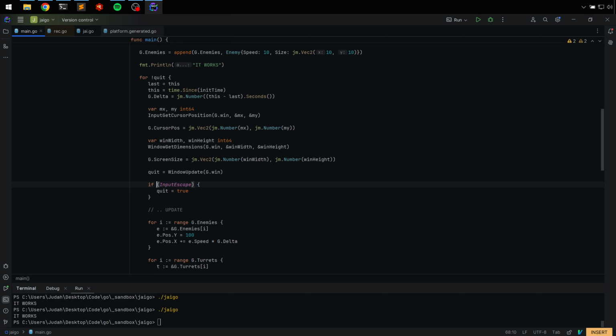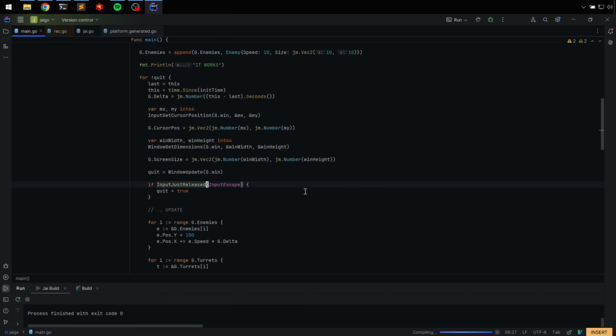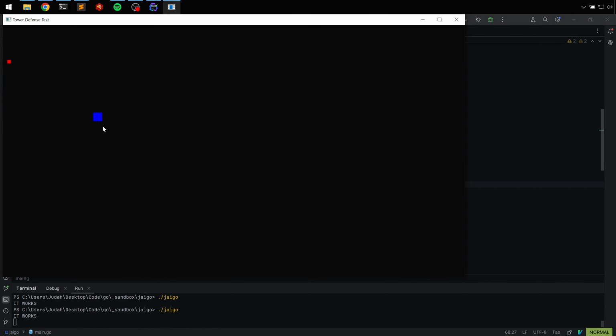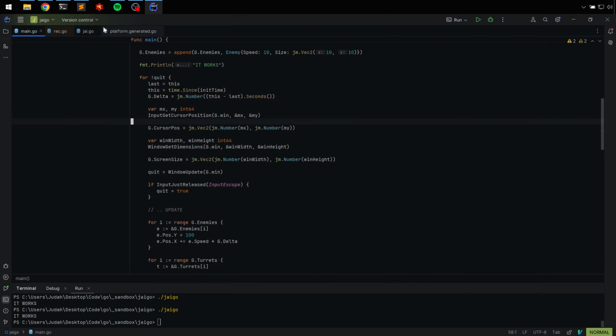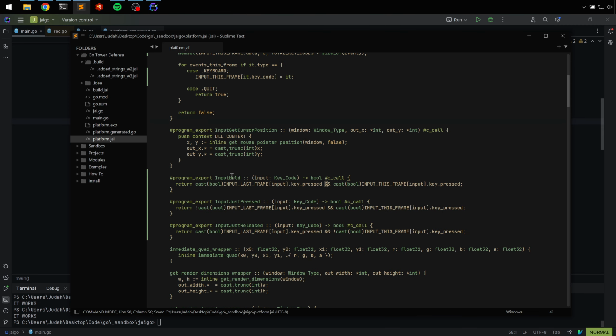Okay, so that worked. So let's say input just released. So that would mean that I have to hold it. So I'm holding it, and now when I let it go, right about now, that should have done it. Okay. So those are broken. So input just pressed works. Why is input last frame? So input held is if our,